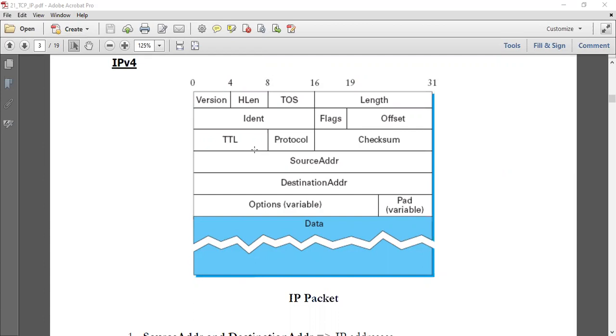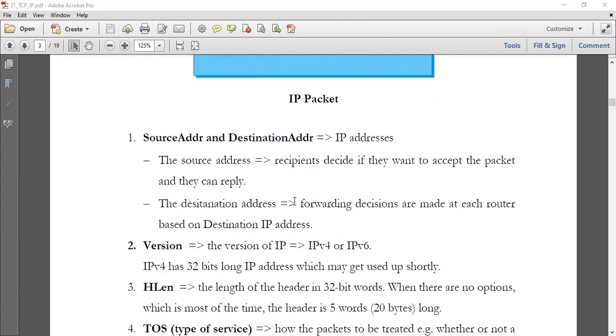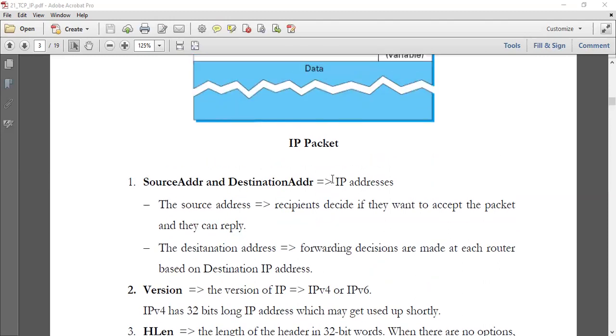So the destination address helps the routers decide which way the packet should be forwarded next. And the source address is also included because, as I already wrote there, the receiver, first of all, can decide whether or not the packet should be received. For some security reasons, it may have some IP addresses blacklisted, or ranges of IP addresses blacklisted. So if it is a safe IP address, it will receive the IP packet,